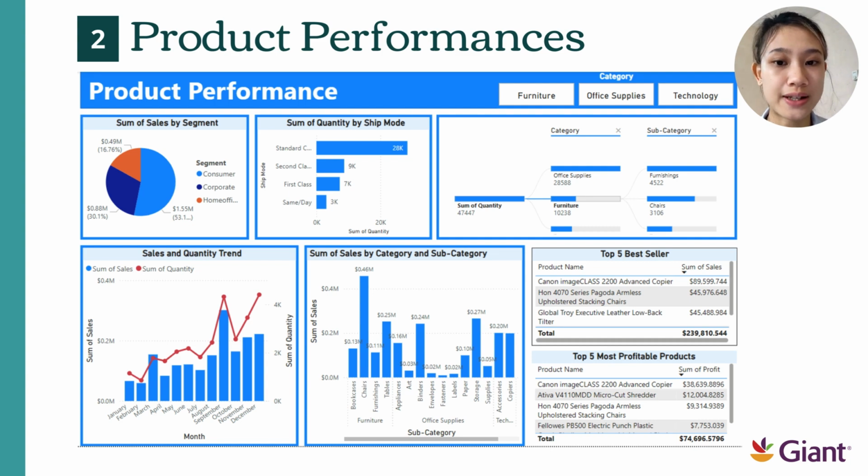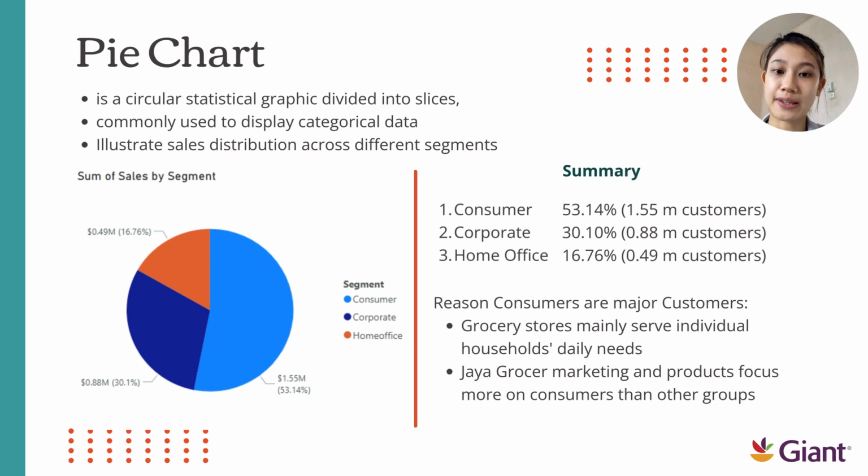In this dashboard, we will focus on explaining the pie chart and combo chart. So a pie chart is a circular graphic divided into slices and is representing a proportion of the whole. It's best used to display categorical data with limited categories for clarity. In this study, we use a pie chart to illustrate sales distribution across different segments, including consumer, corporate, and home